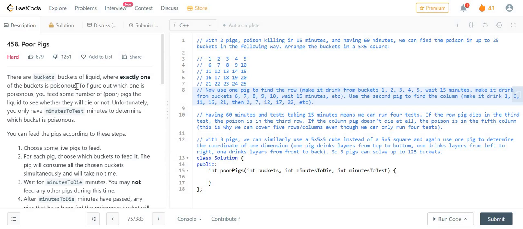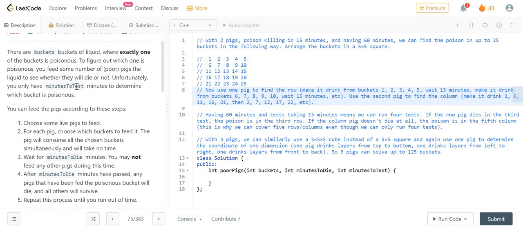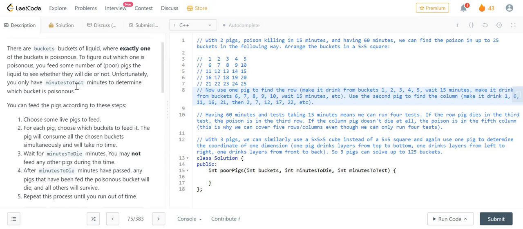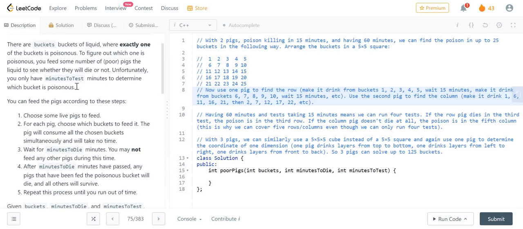There are buckets of liquid where exactly one bucket is poisonous. To figure out which one is poisonous, you feed some number of poor pigs the liquid to see whether they will die or not. Unfortunately, you have only minutes to determine which bucket is poisonous. You can feed the pigs